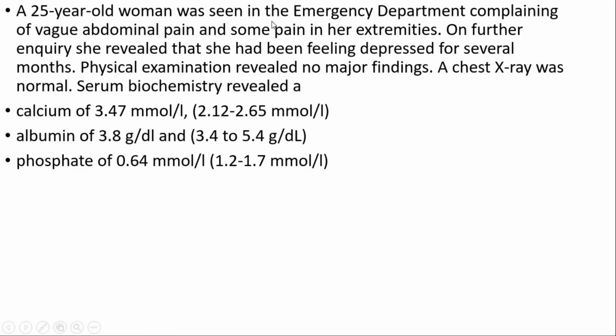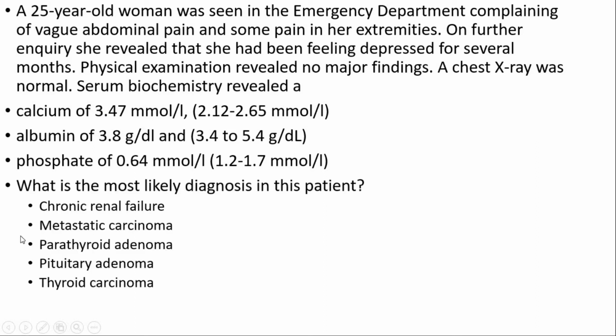Now here's the final question. A 25-year-old woman, blah blah blah. On inquiry, she has been feeling depressed for several months with vague abdominal pain in her upper extremities. Now these are the two important points. You don't really have to look at these either to know the answer to the question. The answer is parathyroid adenoma here,